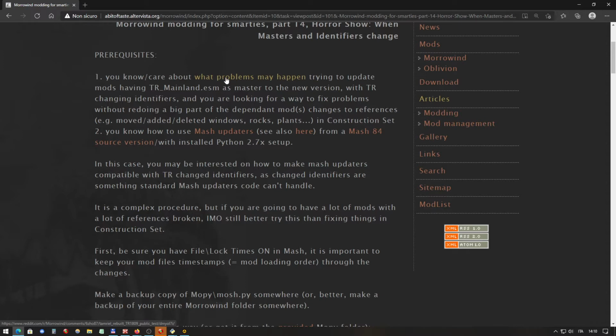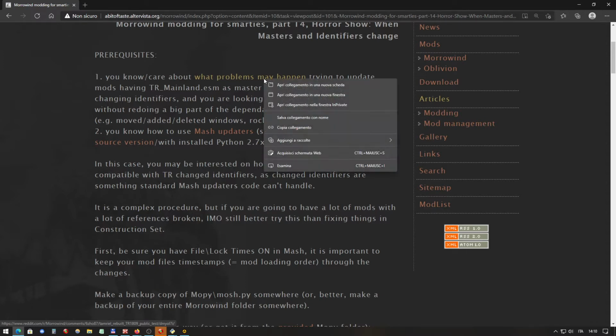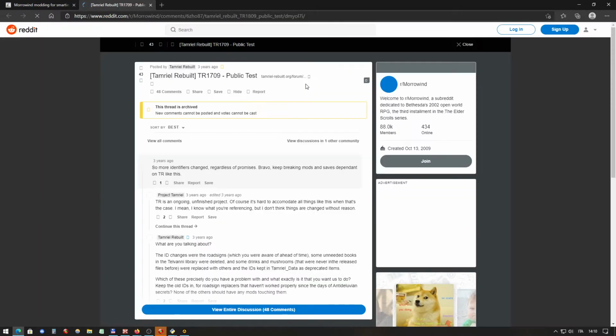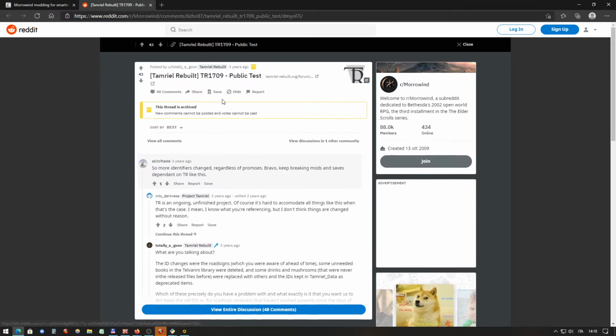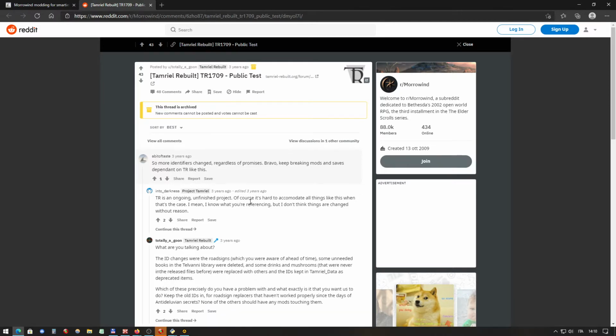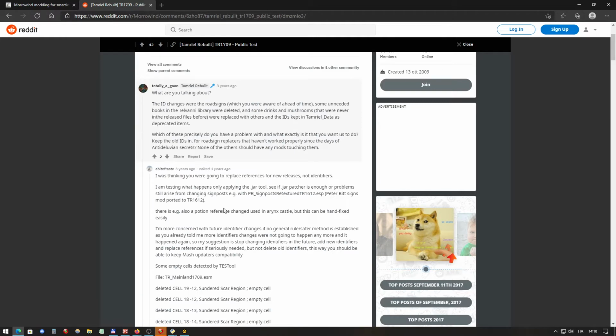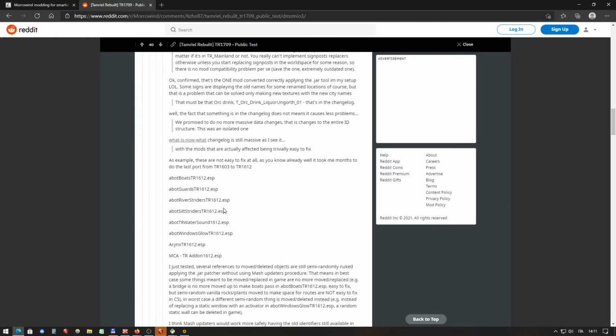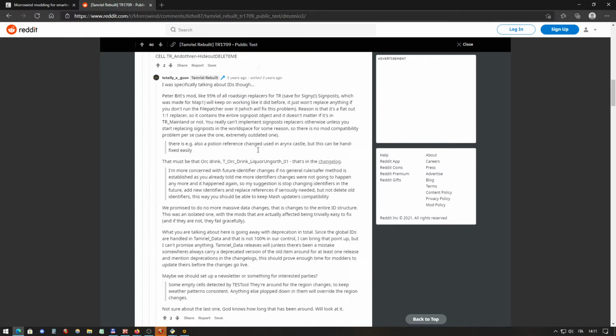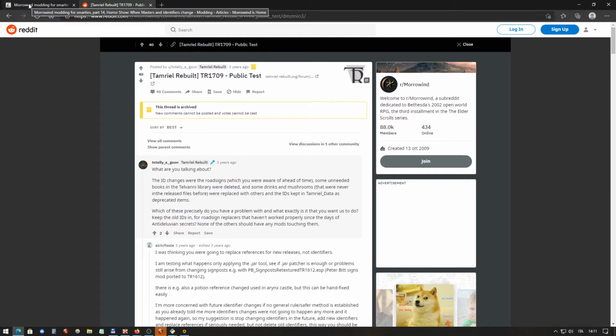Okay, so if you want more details about what problems may happen, there's a link here in the previous post, also about problems and why they may happen, and also values a different opinion about it by critic about how Tiny Rebuild project is managing, or better not managing, the way to update correctly saves,